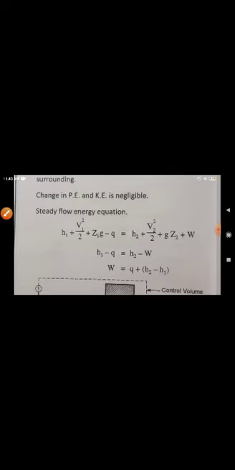Up till now, what have we seen? First one is nozzle, second one is water turbine. For the nozzle we have derived v2 equals root of 2 cp (t2 minus t1) plus v1 square. Then the work developed by the system is what? Water turbine, in which we have seen this energy equation. Then for steam turbine we have also studied, then for boiler, then condenser, and now this reciprocating compressor. Okay, this is the reciprocating compressor, and the steady flow energy equation finally comes as W equals Q plus h2 minus h1.